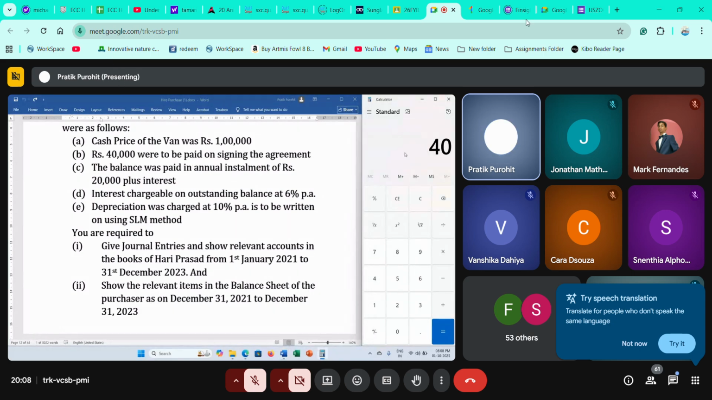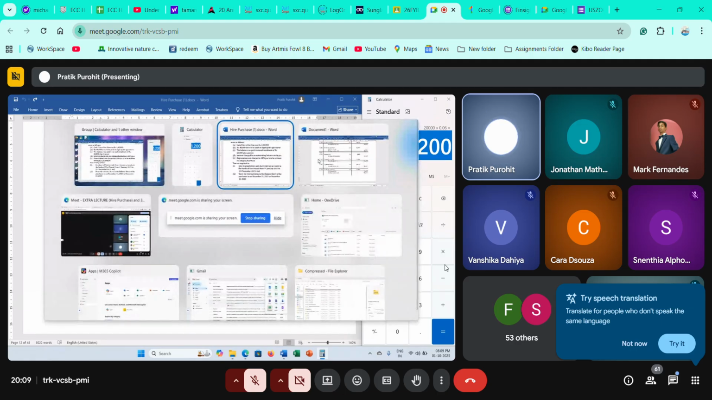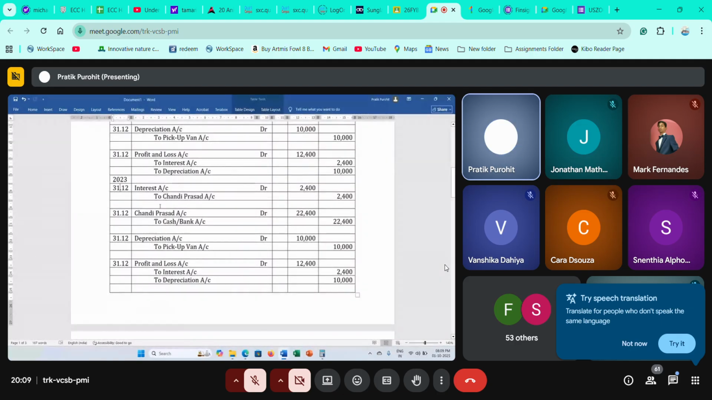At the second year, pay 20,000. So you will charge interest at 6%. So interest right now is how much? 1,200. So your entry in the 2022 year becomes 1,200, and this also becomes 1,200. Hence, the amount that you pay to Chandi Prasad becomes 20,000 plus 1,200. So it's 21,200 here and